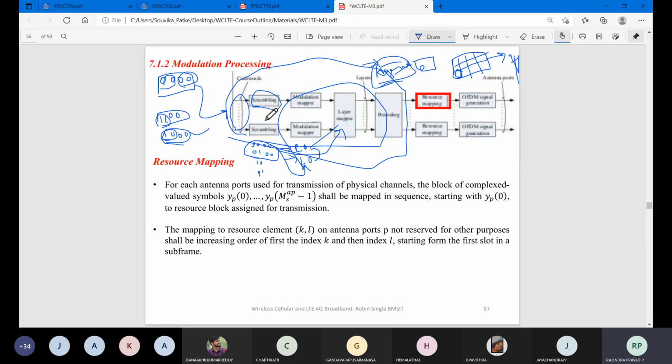So this is how your data is going to be processed on a second-to-second transmission. Resource mapping is going to check what the channel size is, and what data is available. For each antenna port used for transmission of the physical channel, a block of complex-valued symbols y^(p)(0) to y^(p)(M_symb^ap - 1) shall be mapped in sequence, starting with y^(p)(0), to the resource blocks assigned for transmission.